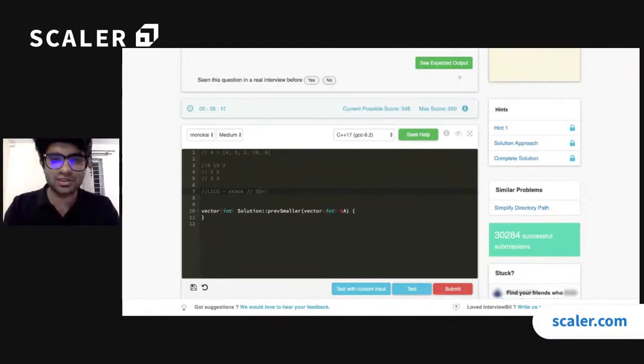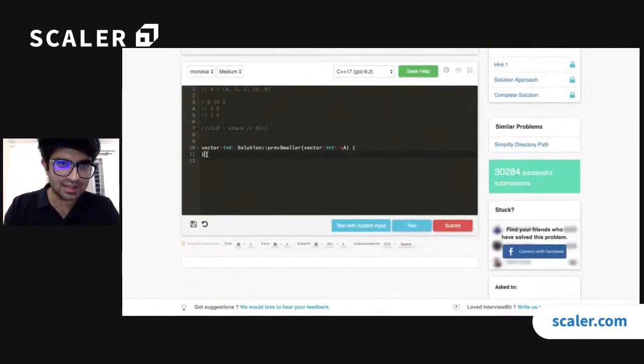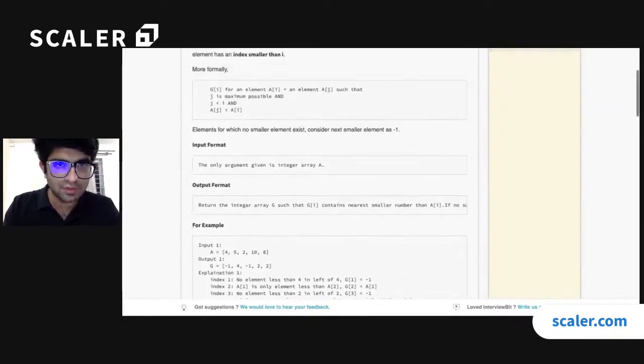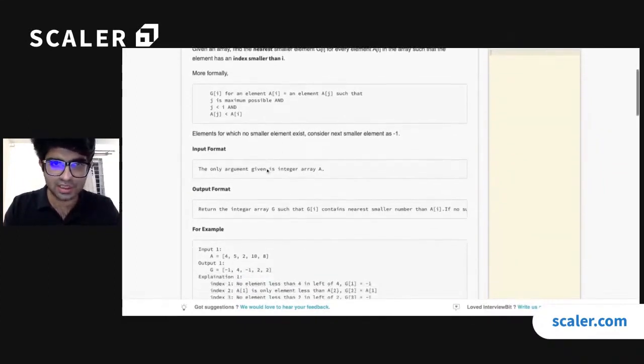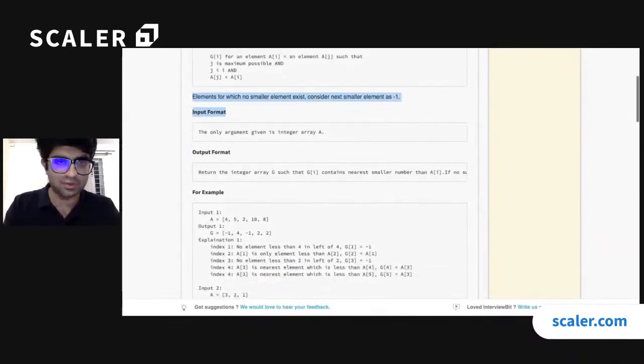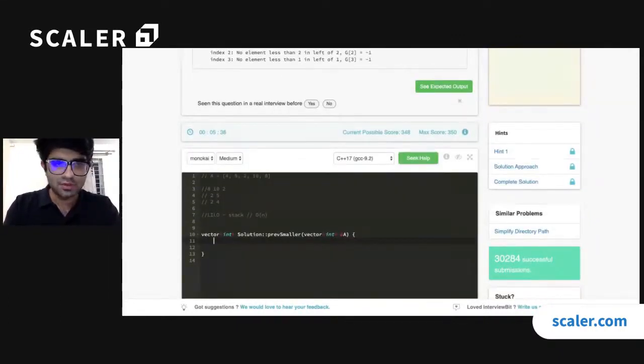Let's think about how we can write code for this question. Let's write the code. First, let's think about what constraints we have been given. We have not been given any constraints, and if we haven't found an answer for any element, we need to return -1 for that particular case. Let me first figure out the size.